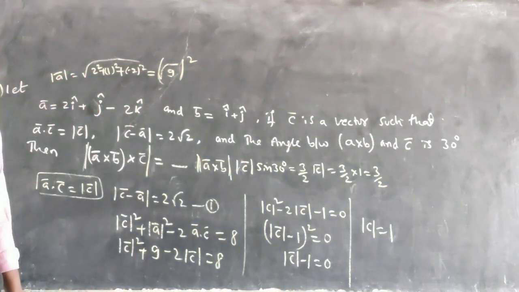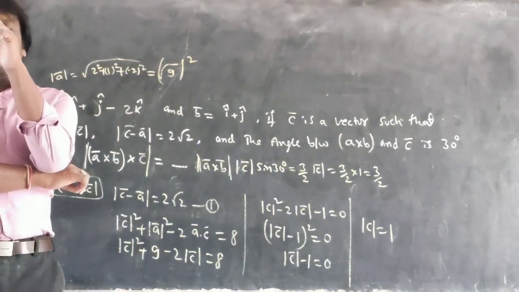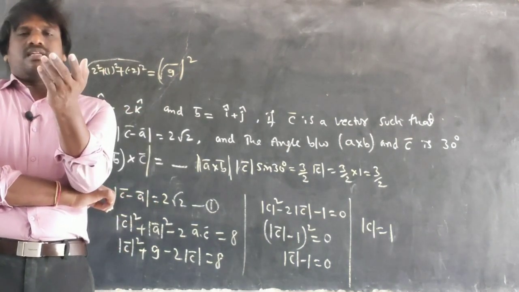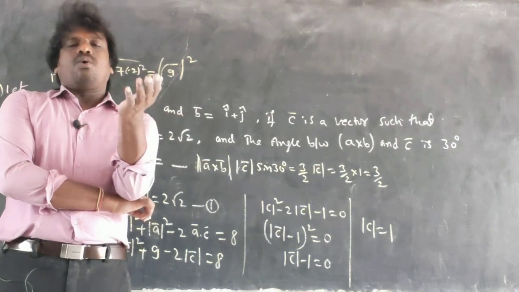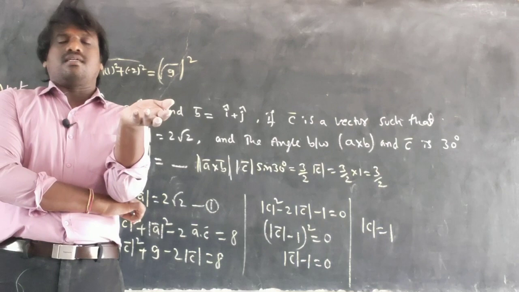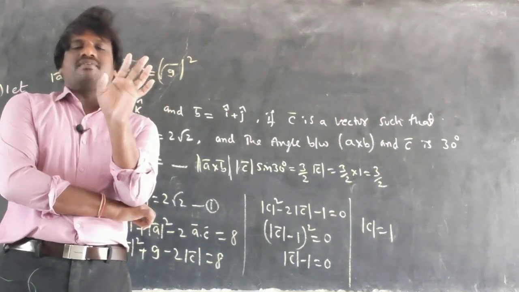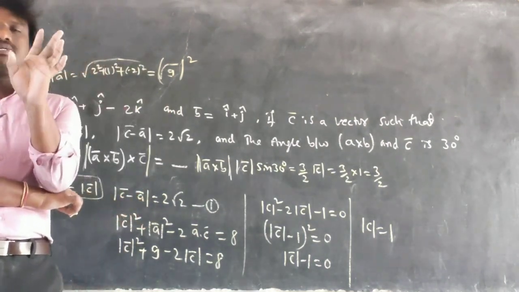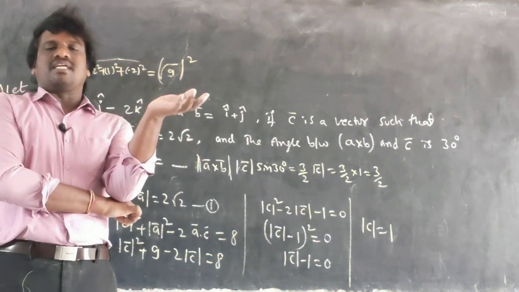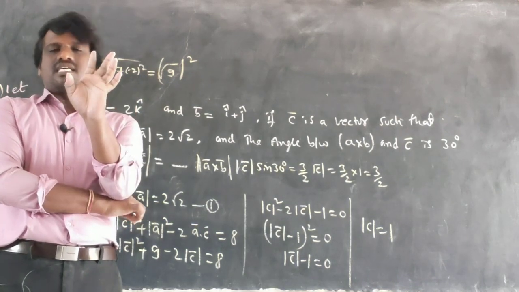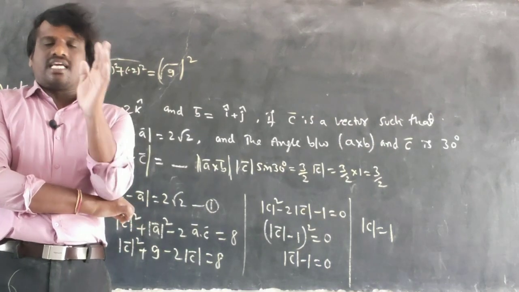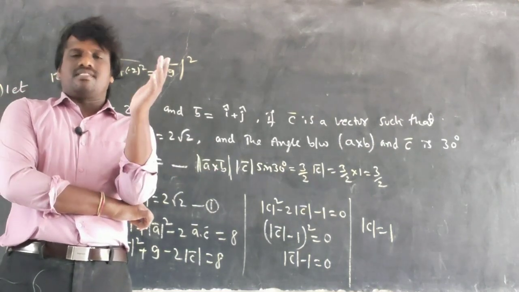So this is the way to deal with this vector triple product. We are going to solve 2 more questions tomorrow, and then I will explain how to express the reciprocal of a vector, and that is the end of this chapter. Tomorrow we are going to finish this chapter, and next we will solve some previous year questions. Then we will end this chapter and start 3D geometry.